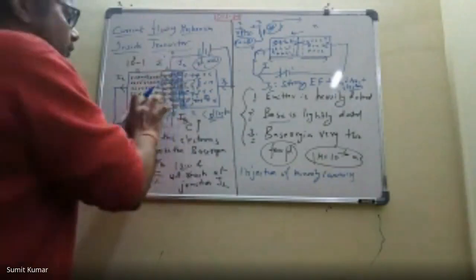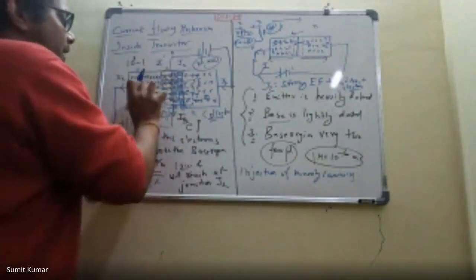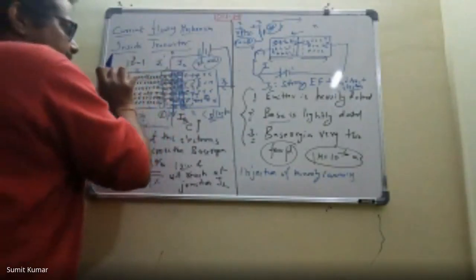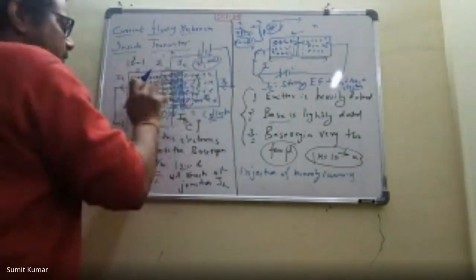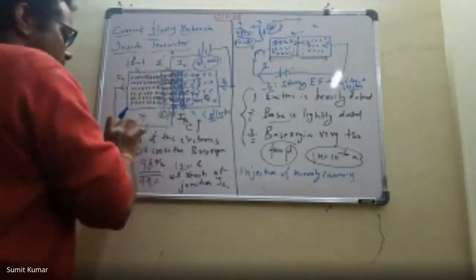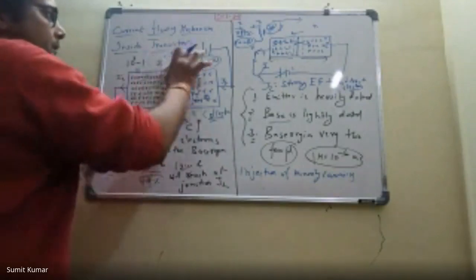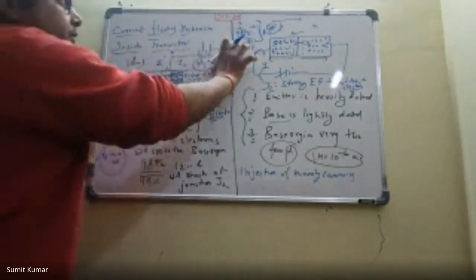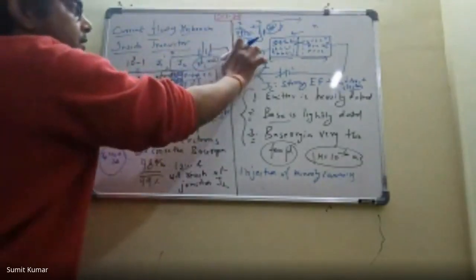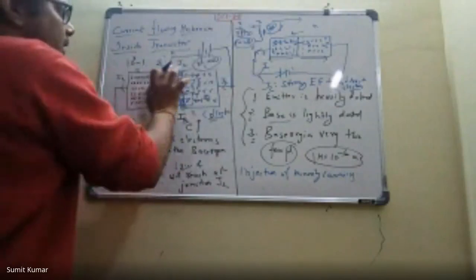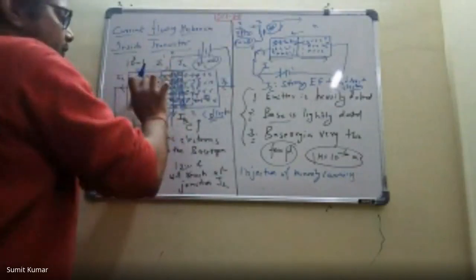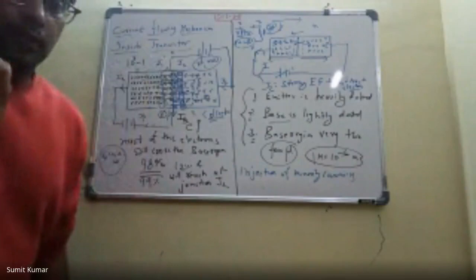So essentially, by applying a forward biasing here and a reverse biasing here, we have achieved this phenomenon of the transfer resistor. Basically the same amount of current which is flowing through a very low resistance is